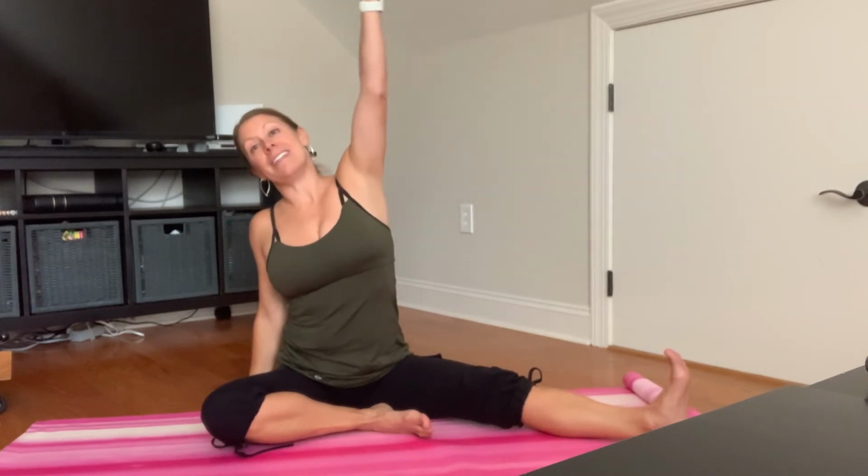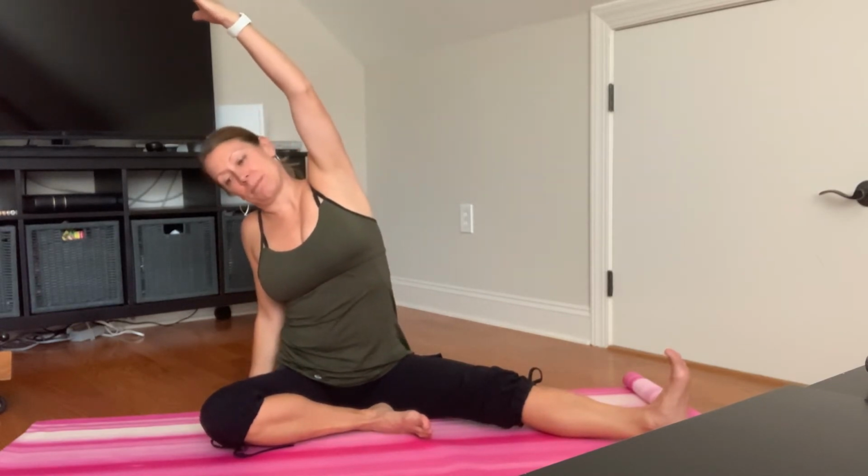Don't force it. We don't need to make them match. Just feeling where your end point is today. The point where we feel a mild tension or maybe pushing to the edge but not past the edge. Inhale, bring the palm behind the hip, lift up and then extend. Slowly release, and let's move our right foot right out in front of us so it's extended with the toes